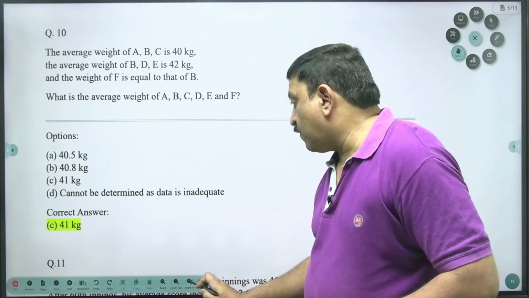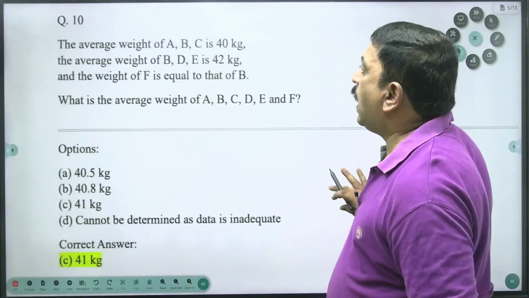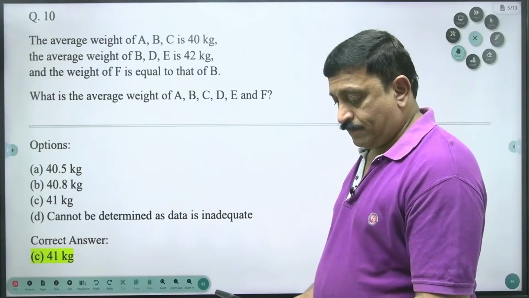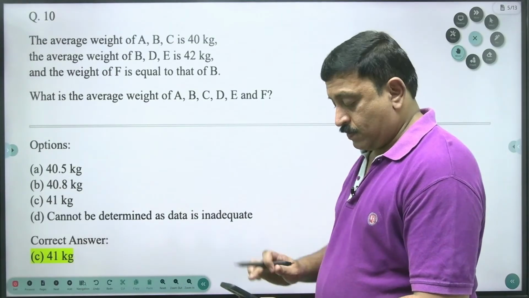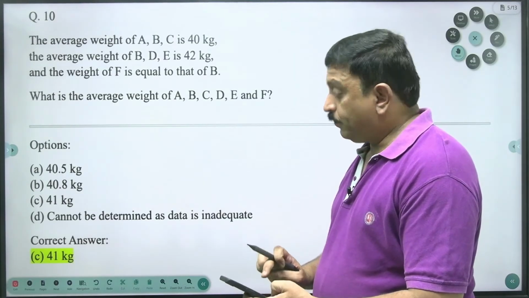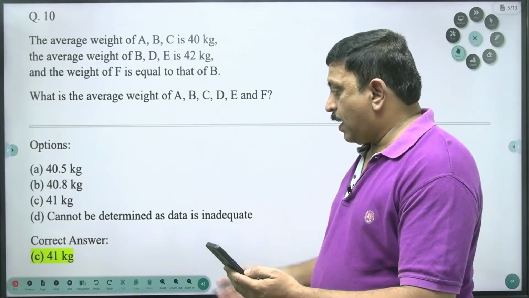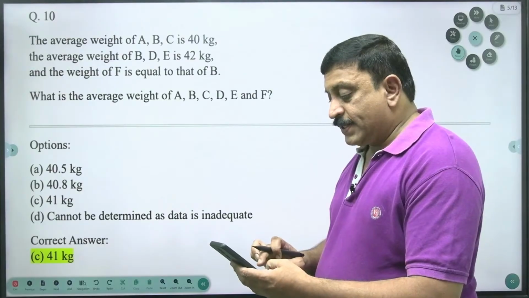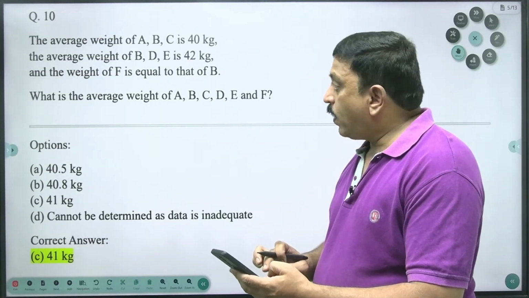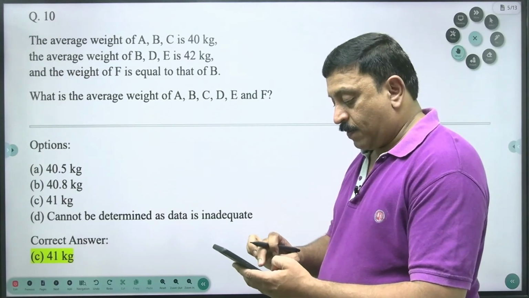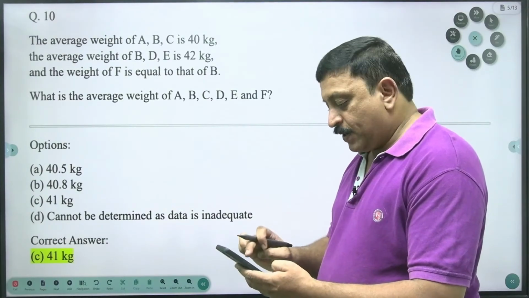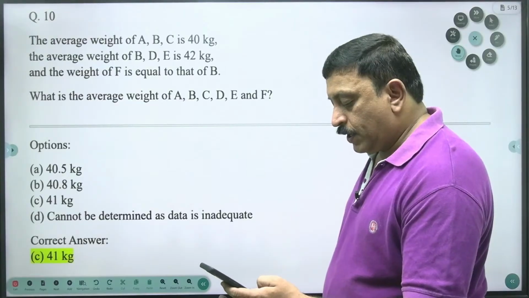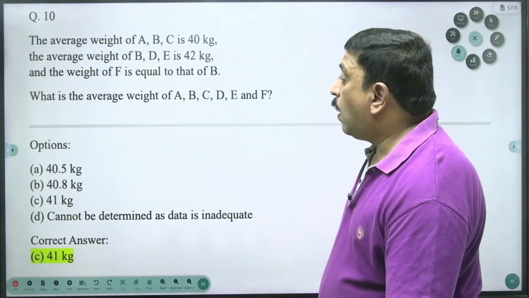This is a case of averages, right? Averages. Now, in this one, sometimes you feel that it is a cannot be determined question, right? But the point is it is not cannot be determined. It can be determined, right? So here, that is